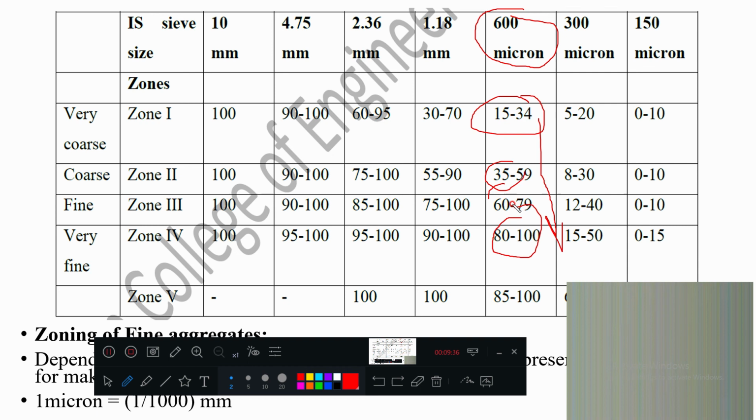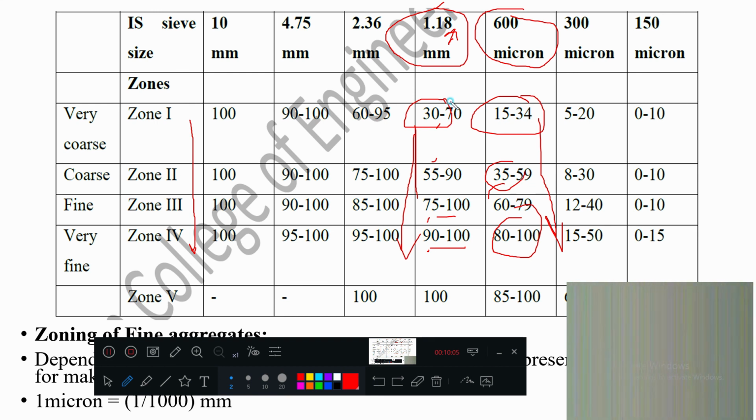This is the importance of this table. If you take this size, check the percentage fraction: 30%, 55%, 70%, 90%. I am telling only 90. It is generally 90 to 100, 75 to 100. That is how they have written. Don't get confused. If you take any one value also, no problem. So the percentage fraction of this sized sand particle is increasing as you go from zone 1 to zone 4.